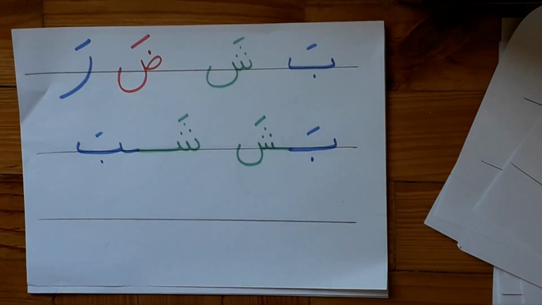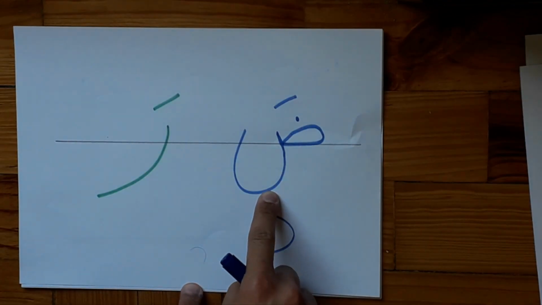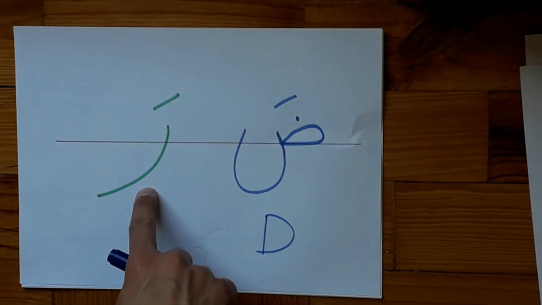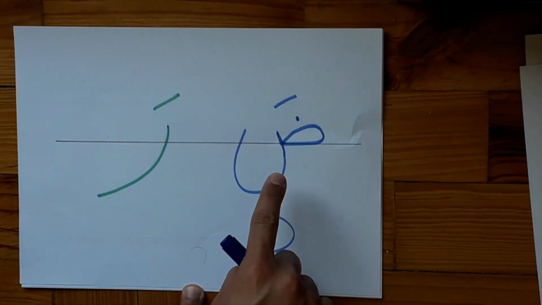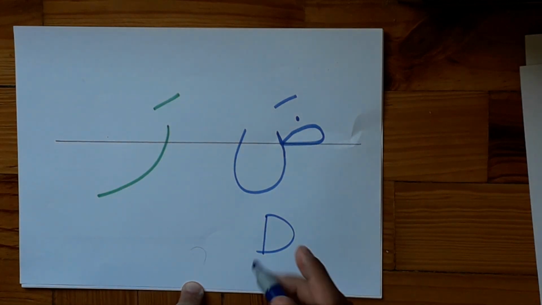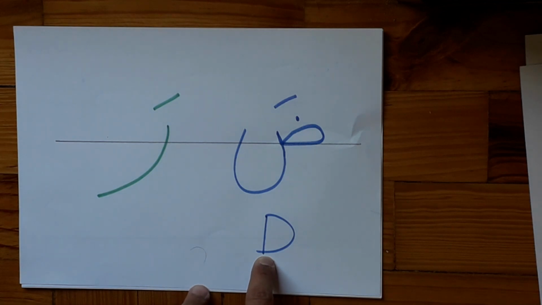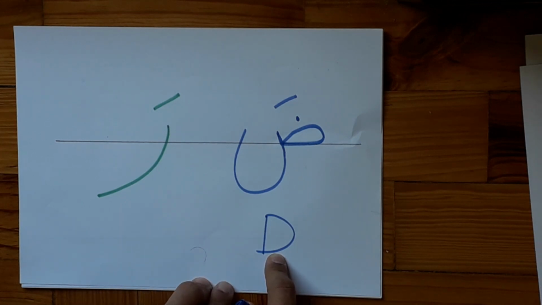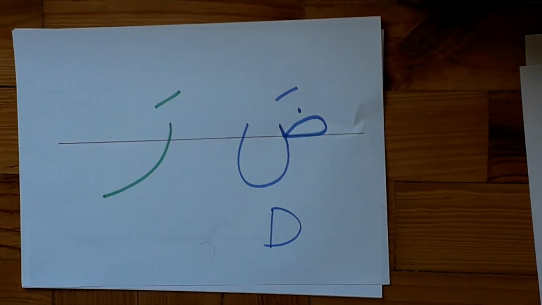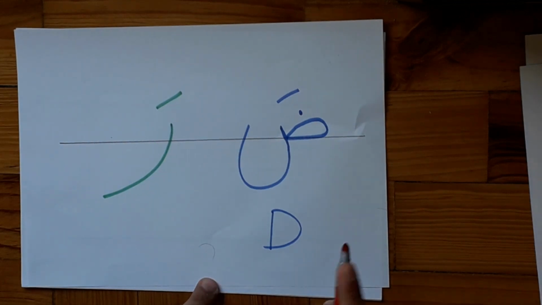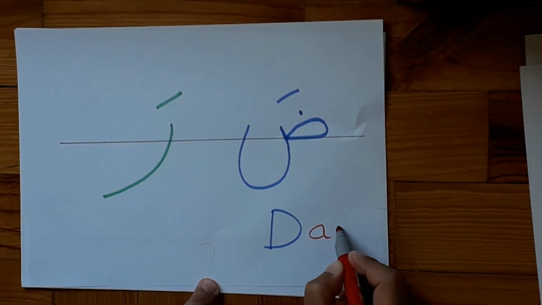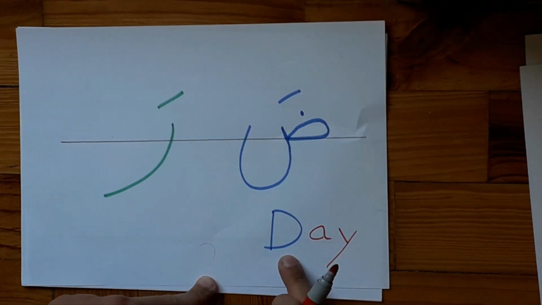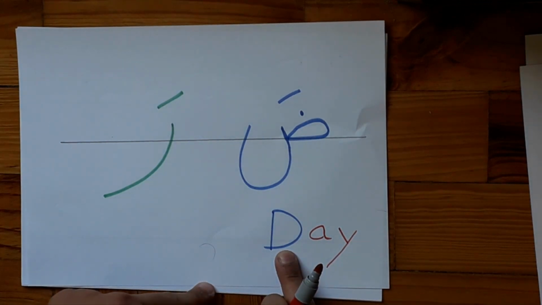So today let's learn 2 more letters. We have ba and ra. Let's talk a little bit about this one, ba. In English we have the letter D, and it's very cute and light, D. For example, let's make a word that starts with the letter D, so day. Pay attention. It's a very light and cute letter.